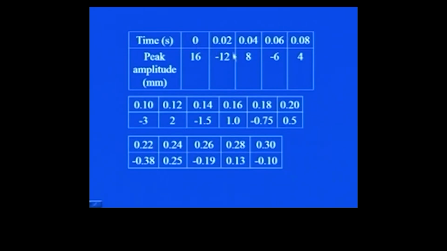So, that is why this negative sign has been shown here, that is the next peak which is in negative direction is minus 12, the amplitude is 12, magnitude is 12. And then again you will be getting a positive peak which is 8, then minus 6, 4, minus 3, 2, again minus 1.5. So, likewise you are getting positive and negative peaks, and you see that as this time